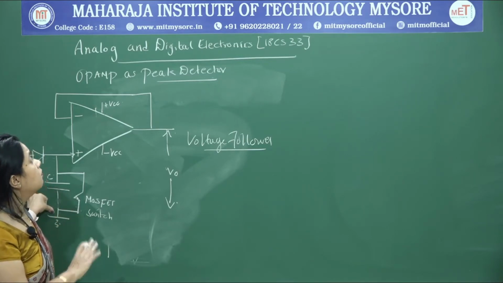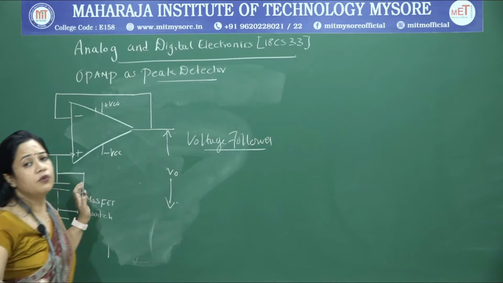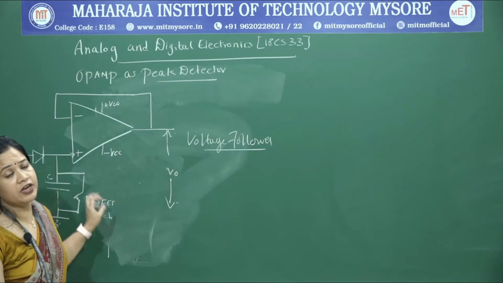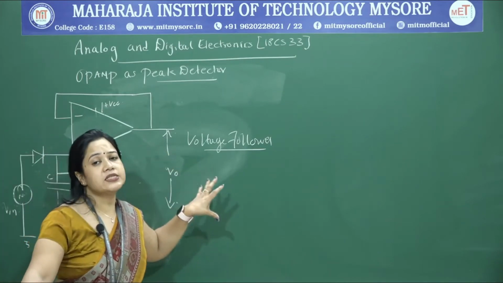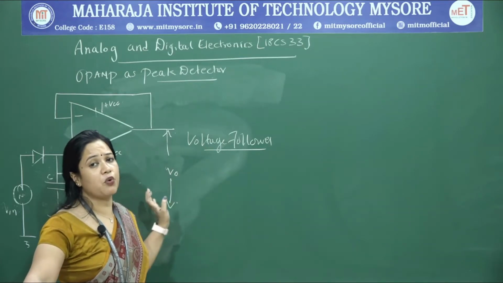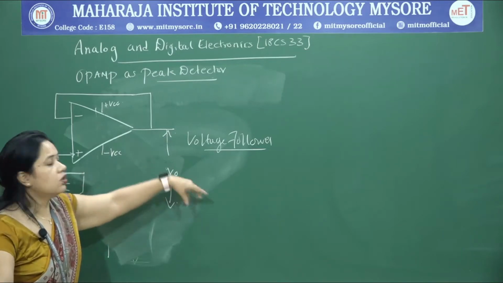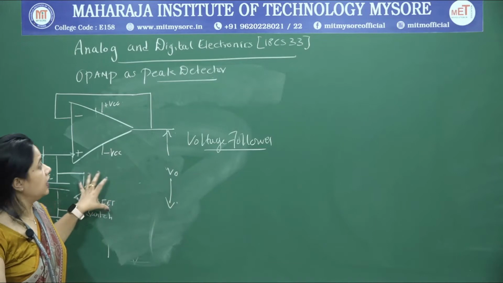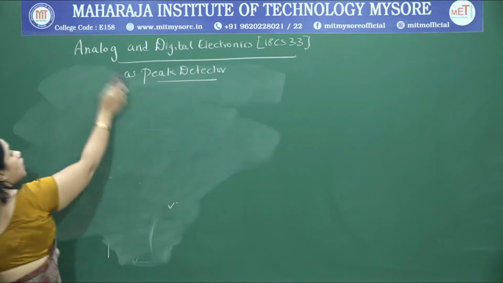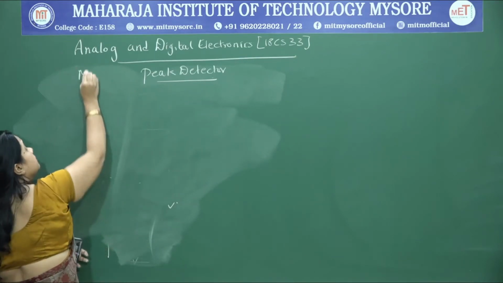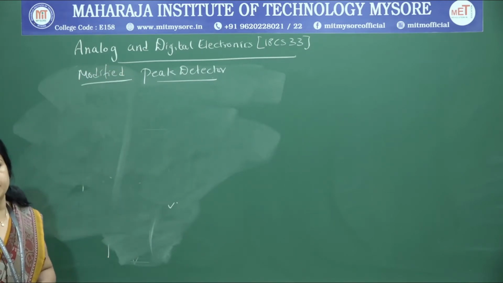We will try to modify this basic peak detector circuit by including one more operational amplifier, wherein one of the operational amplifiers acts as a voltage follower, and the other acts as a buffer amplifier, providing isolation. So to this basic peak detector circuit, we add one more operational amplifier and see how the peak detector can be modified with an enhanced operation. So what we have is the modified peak detector. As I said, we include one more operational amplifier.